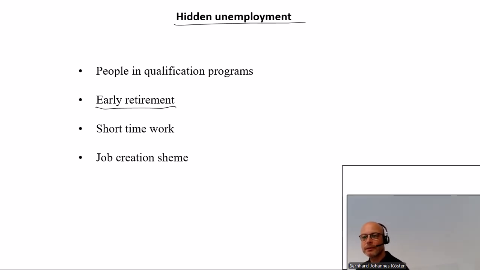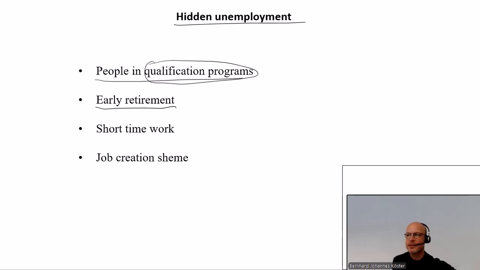Or we have sometimes the situation that the people are going to the employment agency, and then you see, well, they have not the right skills. They have almost no chance, even if they look for a job, to get a new job. And then we send them to qualification programs. And if they are for the next 6 months or something like this in a qualification program, then they drop out of the statistic. But still, economically, we would say, well, they are unemployed.